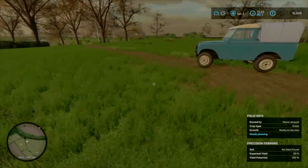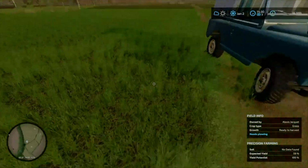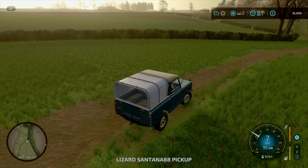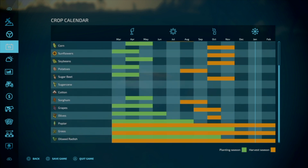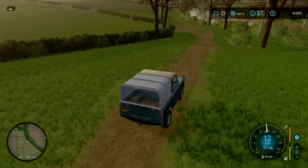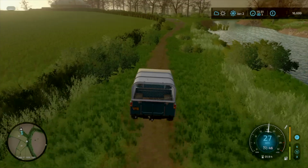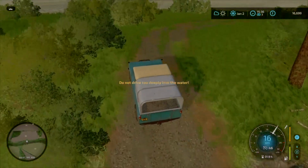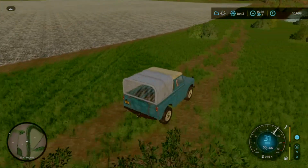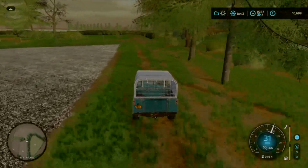This is ready to harvest. This is the field we done. That's ready to harvest in January. There's grass and all year round harvest on this map. Yes, it is. Well, that's... Why is there no baling contracts if you've got grass all year round to harvest? Oh, that was definitely too deep. Didn't wash us either, so